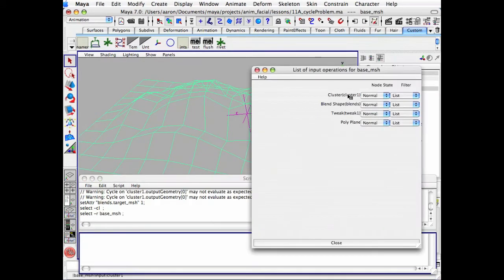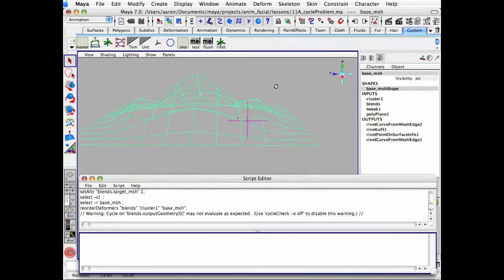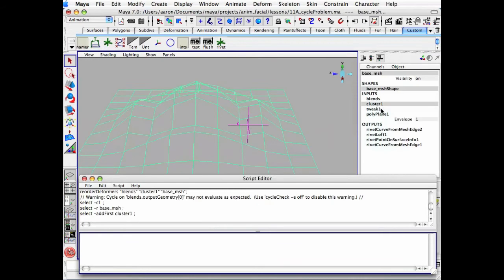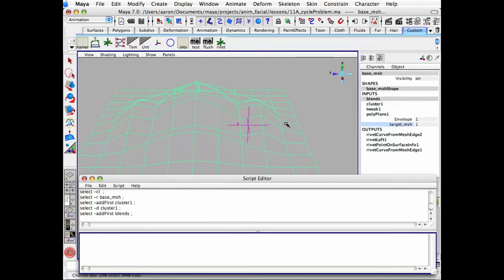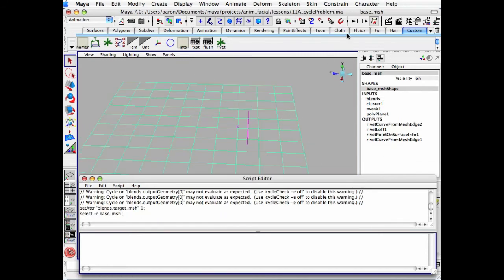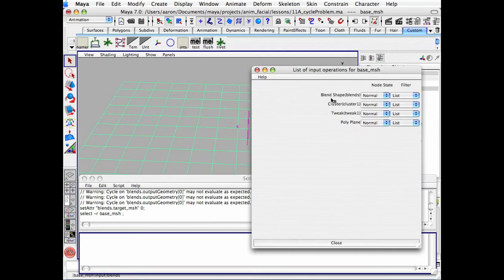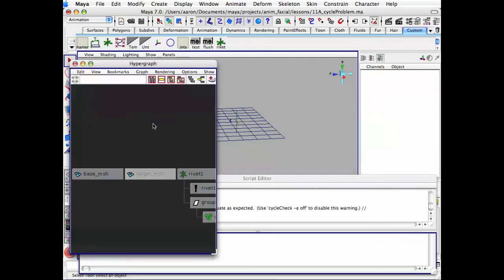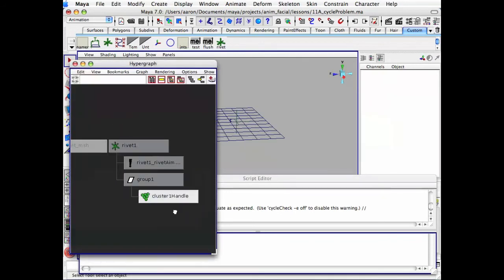So I'm going to reorder this cluster below the blend shape so that it triggers before it. So now we're leaving everything, the cluster and the rivet, back in space. So that obviously doesn't work. Okay, let's change the deformation order so our blend shape triggers before our cluster. Okay, so we obviously cannot